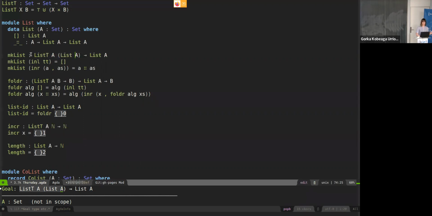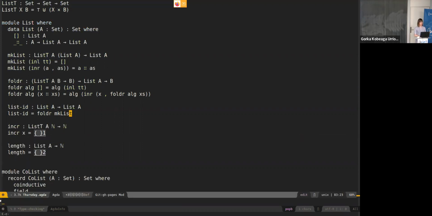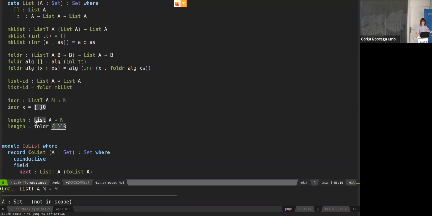So here I have a partially processed list where the tail is already a list. And I process that into a complete list. And so yeah, I use that. We can also use that to write the function length, which computes the length of a list. So I'm going to use foldr. And so I need to, given a list, return a natural number. And using foldr,